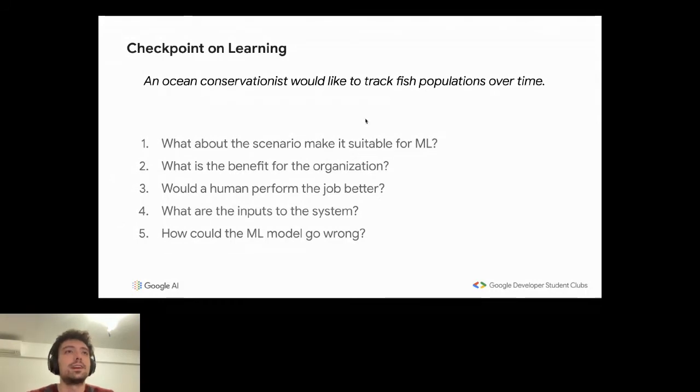All right, let's see some answers. So yeah, we definitely want to preserve the ecosystem. Yeah, so that's definitely important for us as a society. If the fish is hunted by us, then tracking the population over time can help with regulations about the hunting season, of course. Gregorio is suggesting videos of fish as data. Okay, how would you use videos of fish to track the fish population over time? You mean like underwater videos of fish?